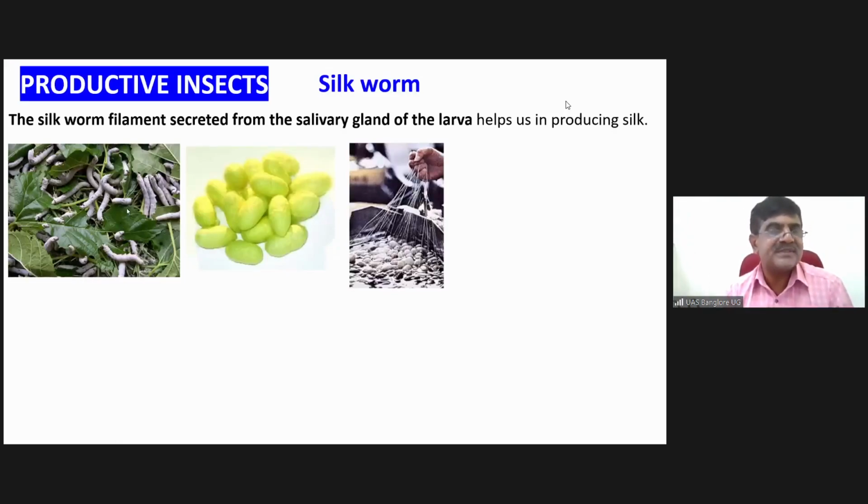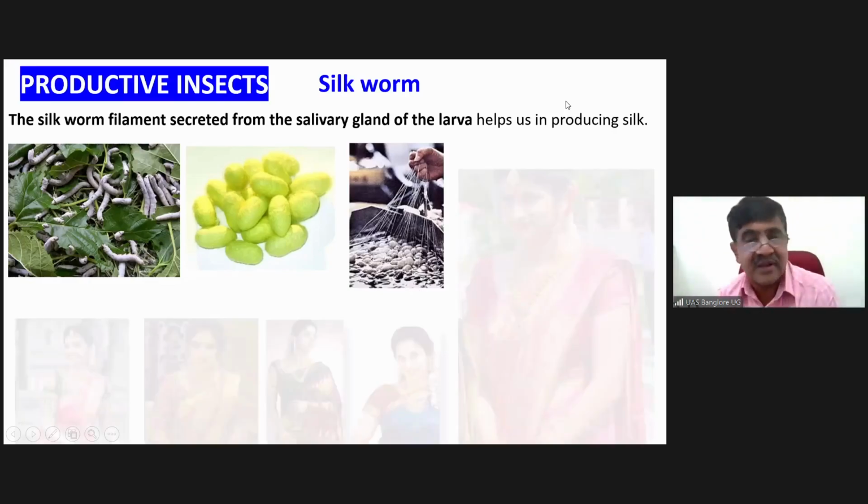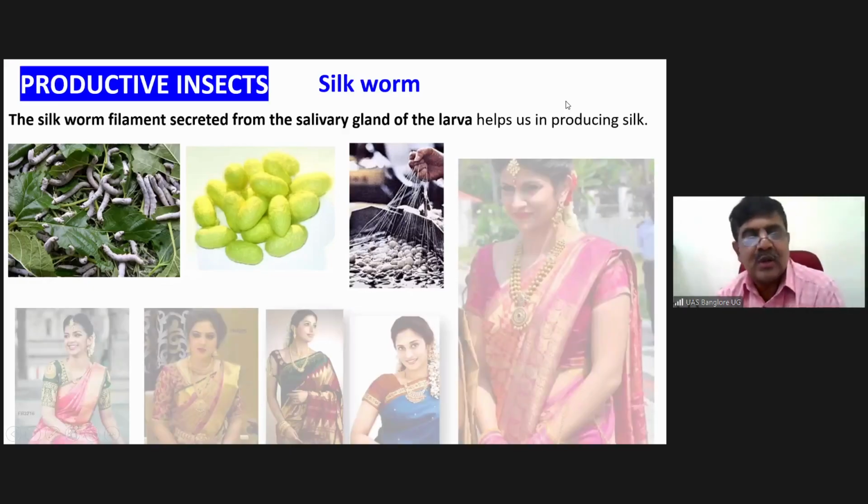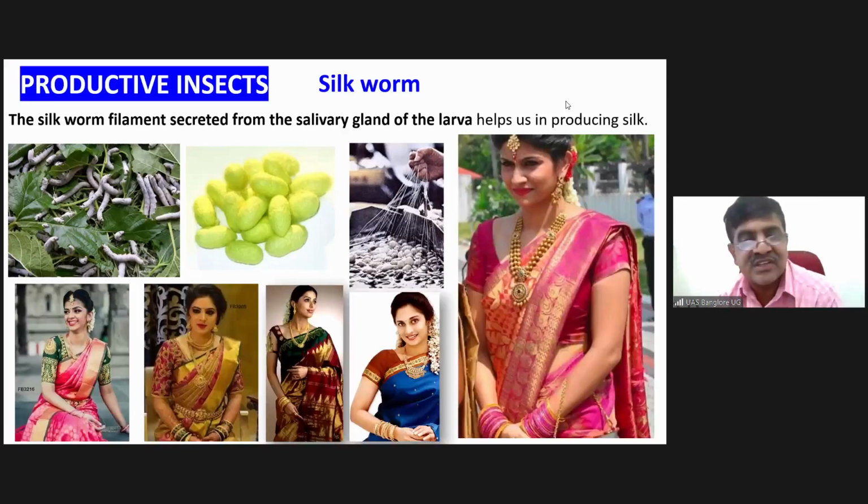These are the silkworms that feed on mulberry. Finally, they pupate in a cocoon. From these cocoons, the silk thread is extracted. This silk thread is used for various purposes. Nowadays there is no function without silk saris. Especially the ladies give more importance to silk. The silk that is extracted is used in the manufacture of silk saris, which are used on various occasions.